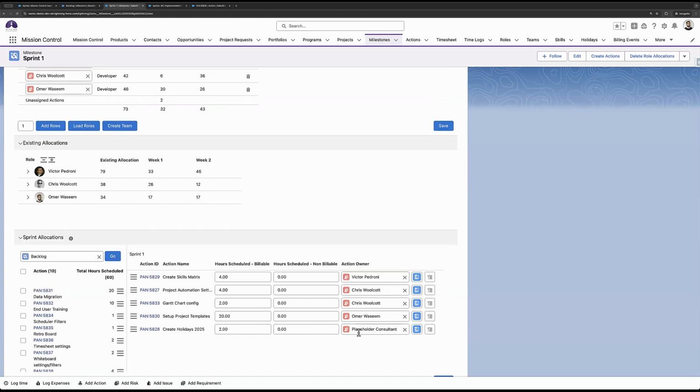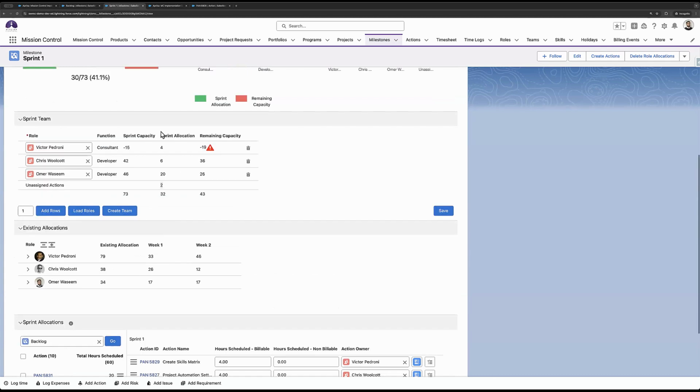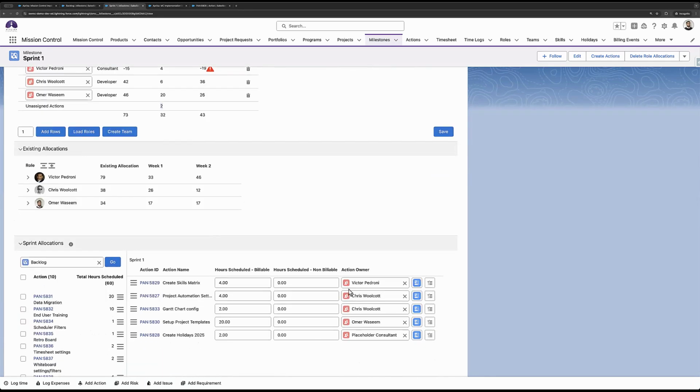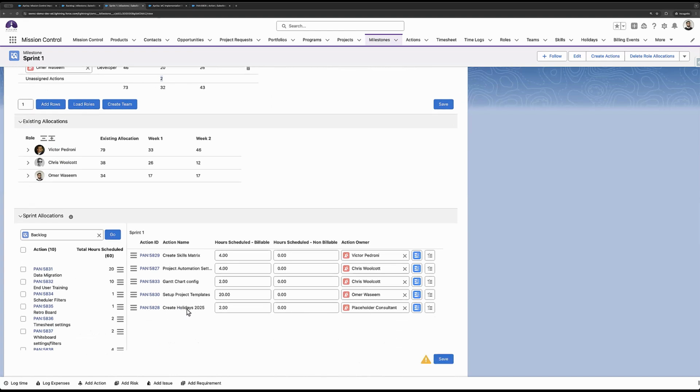As you'll see, I've actually got a placeholder consultant. So that's someone that isn't part of the sprint team over here. And you'll see now that it has unassigned actions there. So this just lets me know that there's work that has been added to the sprint, but it's not been assigned to someone else, and it's 2 hours of work. So I can then review what their capacity looks like, and then I can assign it to the appropriate person accordingly. And if there's something you don't want to add, maybe they're overburdened, you can remove it from the sprint,